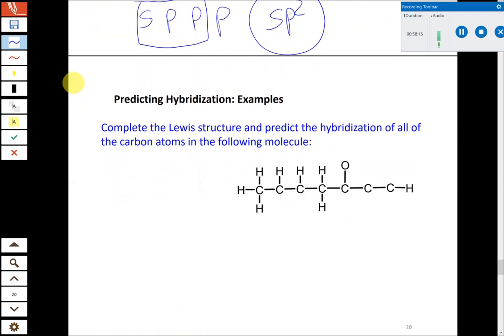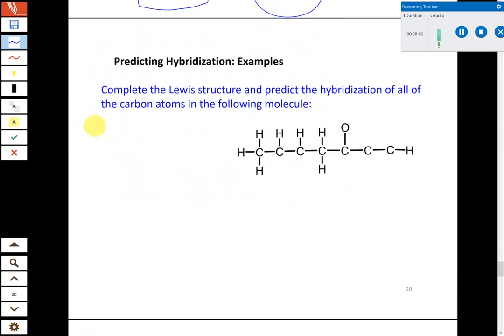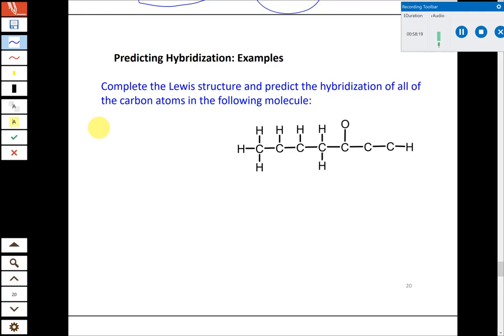And then for this one here, complete the Lewis structure and predict the hybridization of all the carbon atoms in the following molecule. So again, the shortcut that we talked about in the context of exam 1, and it's going to come up again in the second exam as well. If we're completing Lewis structures like this, that tend to have carbon, hydrogen,